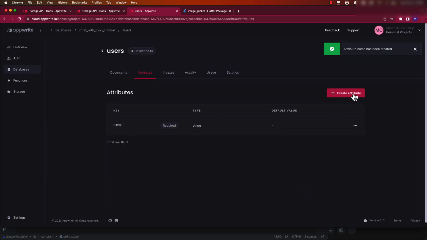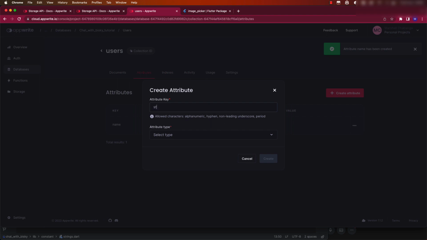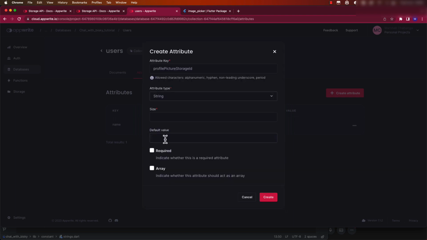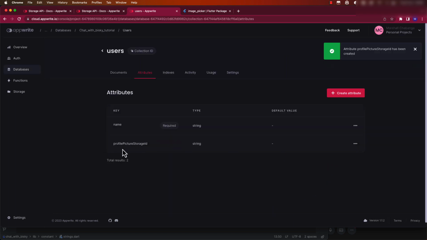Then let's add another attribute. In this one, you can say storage profile picture storage ID. And then this one is also a string. And let's put 100, as sometimes the user does not have a profile picture. Yeah, so by doing this